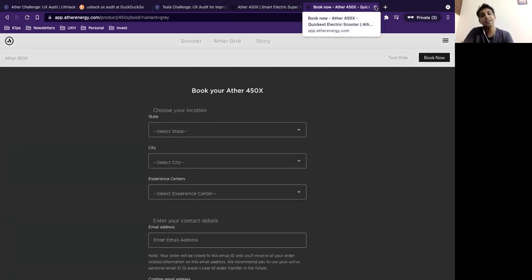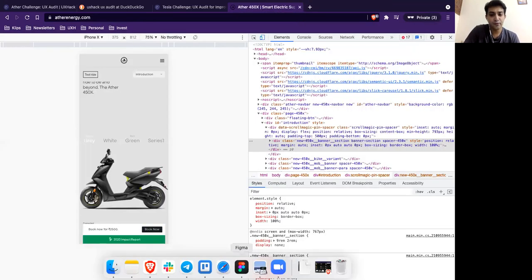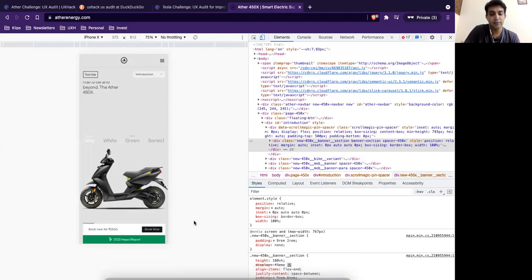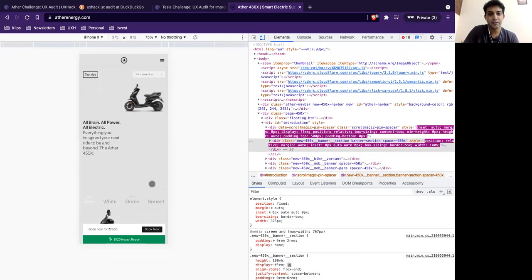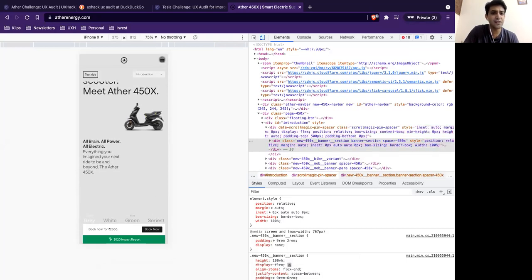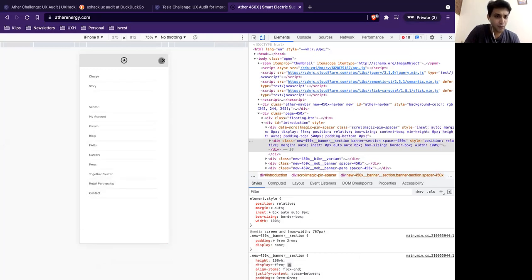I've seen that. So that is where we are hinting towards. Yeah, and now it brings to my last question. When we're talking about the user flow, we are just and only focused on the bike buying flow at this point of time. No other flow we are talking about, because they have some other products, right? They have some other products, chargers, etc. Right. So I don't want to get distracted.